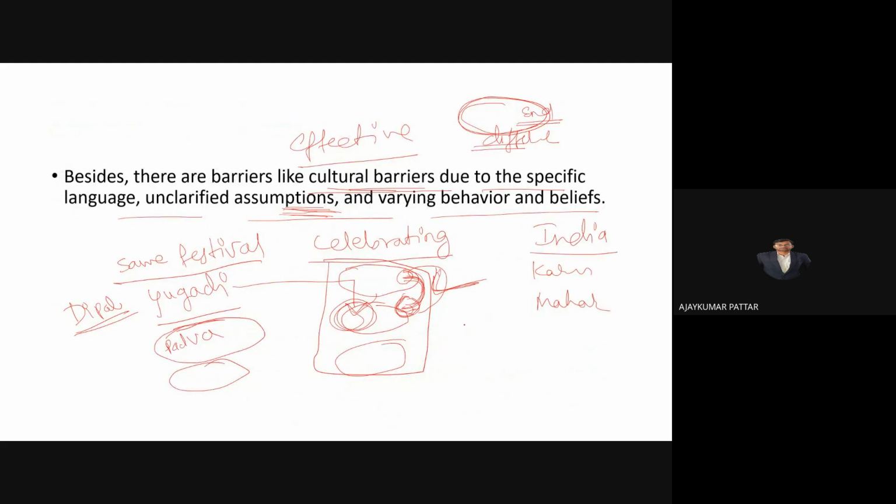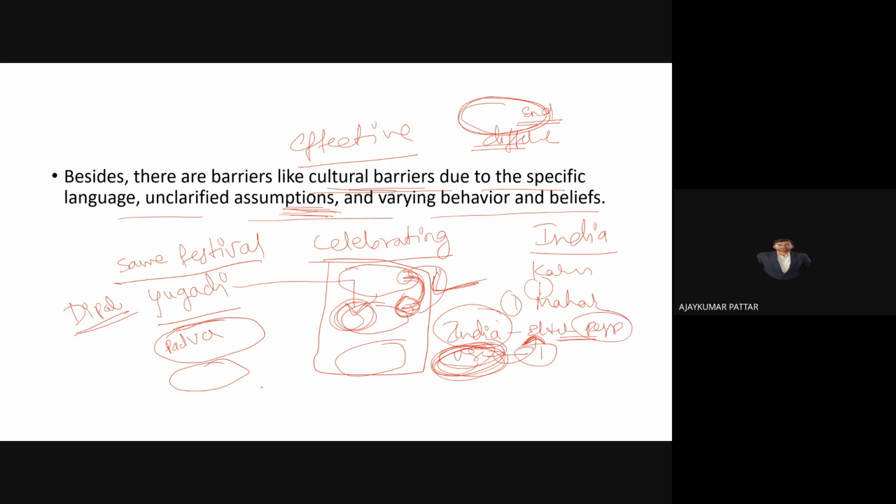Sometimes behavior. For example, in India, when any elders come, we will respect them. But in other countries, foreigners don't have this type of thing. If any Indian person goes to this person's home, and any foreign person comes to India, they will see this type of practice, and they will not understand why everyone is standing. These people are coming because he doesn't know our culture and our behavior. Then different culture, different behavior and our beliefs.